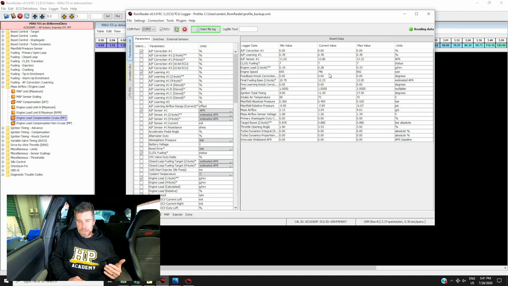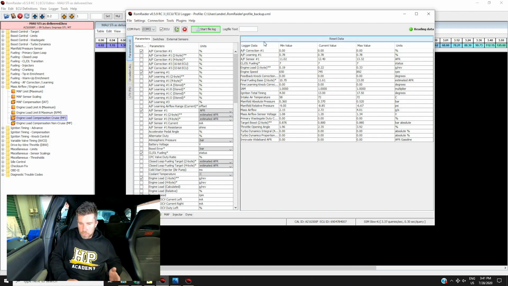So I've got a reasonably complete data set here, and I just want to go through some of the parameters that we have got. We start with a few of our parameters that tell us about our fueling. So we've got air fuel correction 1, we've got air fuel learning 1, and these are essentially a long-term and a short-term fuel trim. We've also got our air fuel sensor 1, which is in this case the factory fitted wideband air fuel ratio sensor.